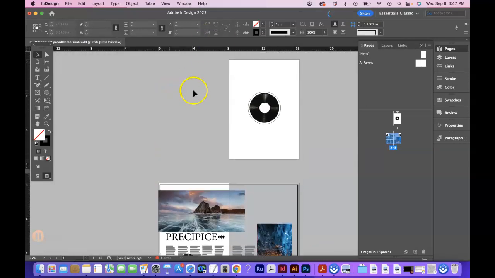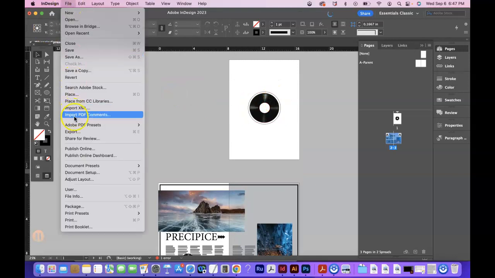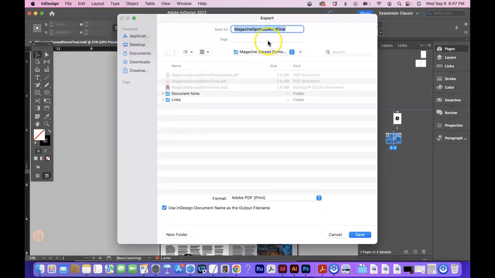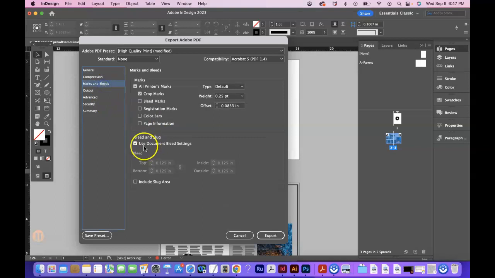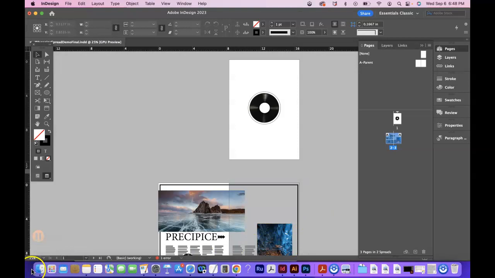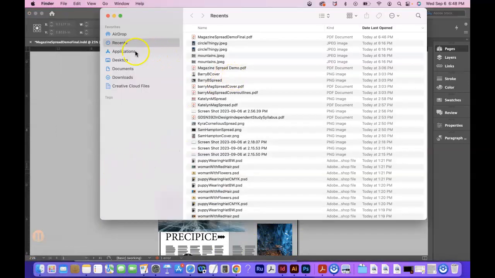And then if you wanted to do the cover, you would do that separately, so file export. And let's do cover. Save. And we're going to do range of 1, and it can just be 1 page. Doesn't have to be spreads anymore because we're not doing anything. But we do want the document bleed settings and the crop marks. Push export. So if I go into Finder and show you this again,